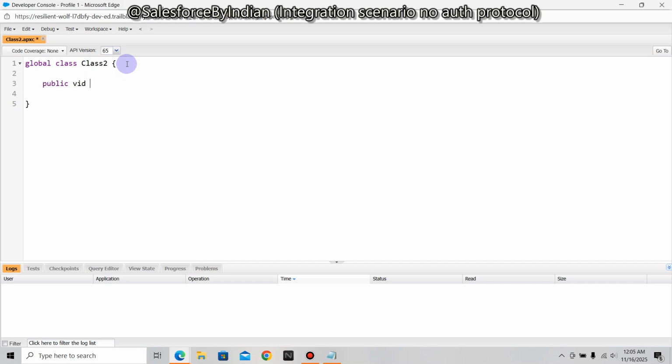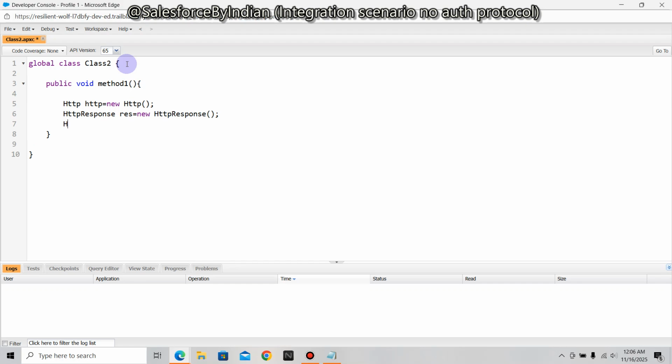Public void method 1. Http http equals new Http. Let us make Http response res equals new HttpResponse